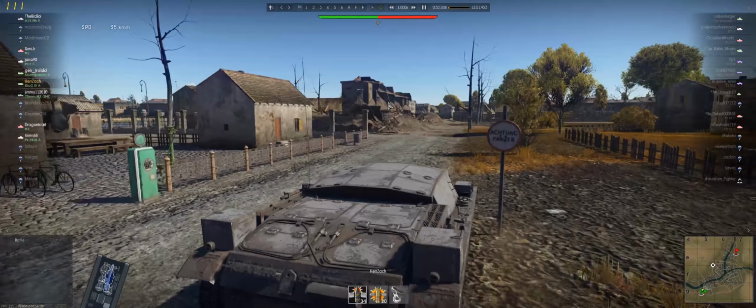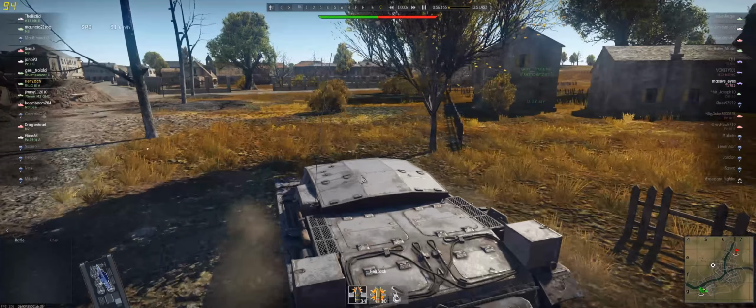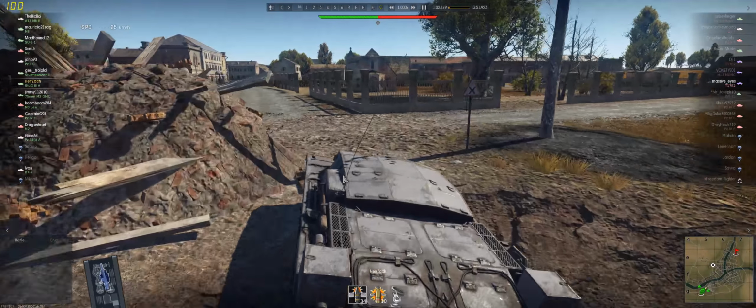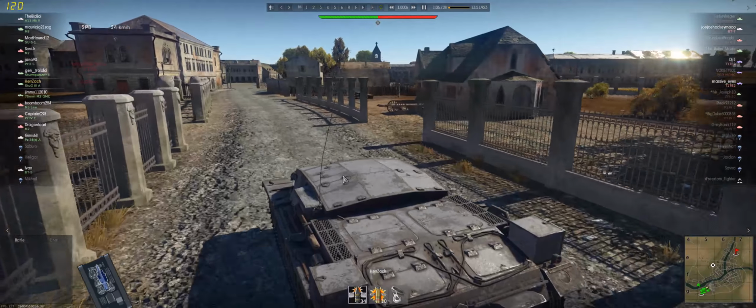Let's turn my gain down a bit. I'm playing as the Stug 3A. You can see it on the left over there. Basically, I started out how most tank destroyers will start out in World of Tanks. The only difference being that